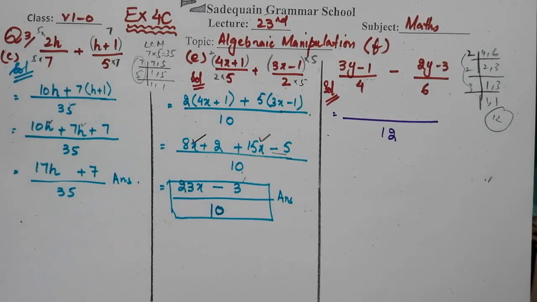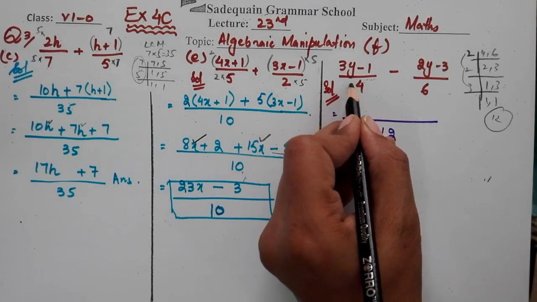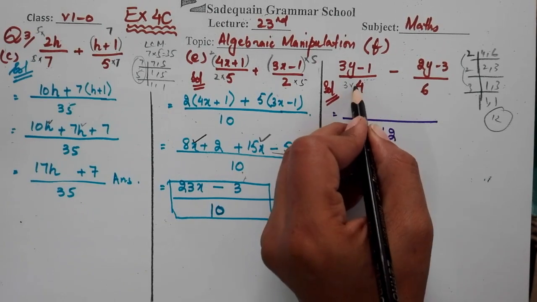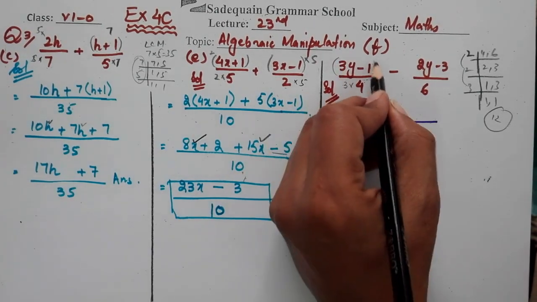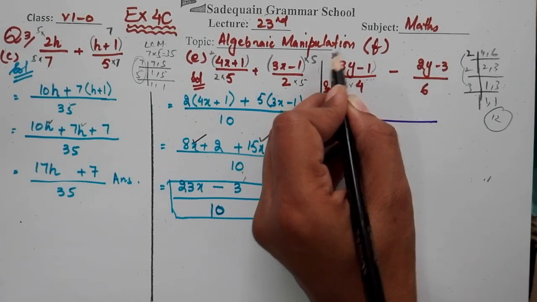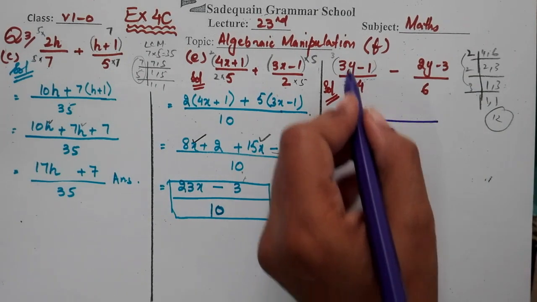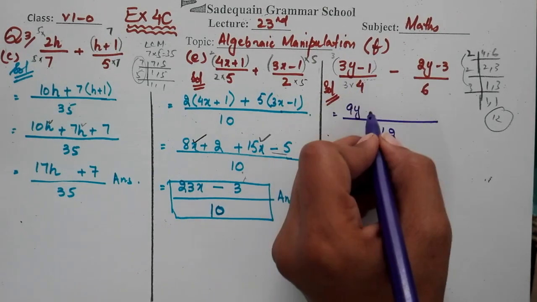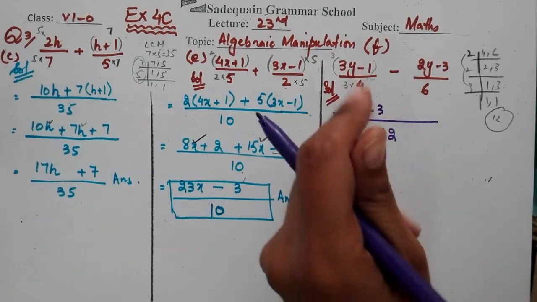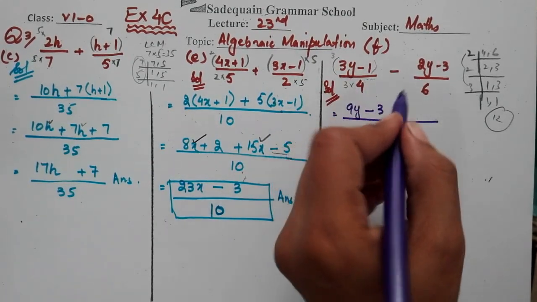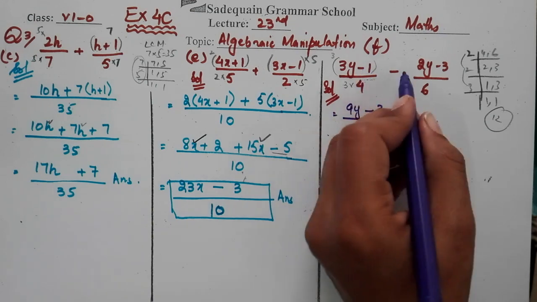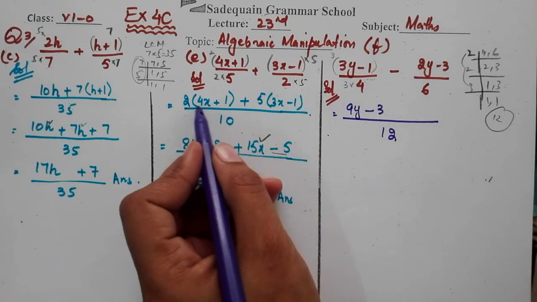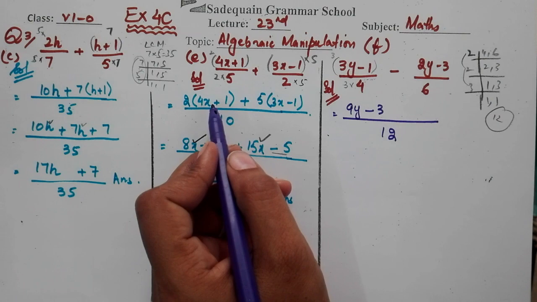Now we have to make it 12. So how will we make it? When we multiply by 3. Once we multiply here by 3, we have to multiply the whole numerator by 3, isn't it? So we will write it here. You can directly write it like 3 3s are 9y minus 3 1s are 3. This is also correct. But because we have the minus sign, sometimes with plus and minus you will make a mistake. So that's why I prefer you to first write it within the bracket like this.